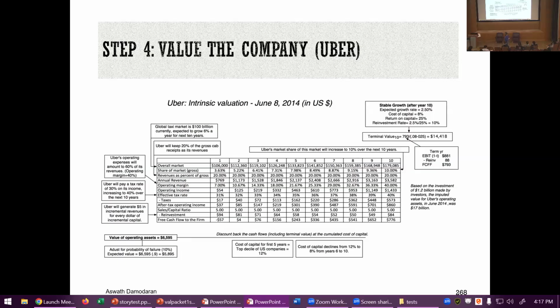I posted this. The Wall Street Journal story came out on June 4th of 2014. I spent that entire week obsessing about Uber. Friday, June 8th, at about 3:15, I post this on my blog. 15 minutes later, I get a call from a Wall Street Journal reporter. She must have been waiting at her desk for this to come through.